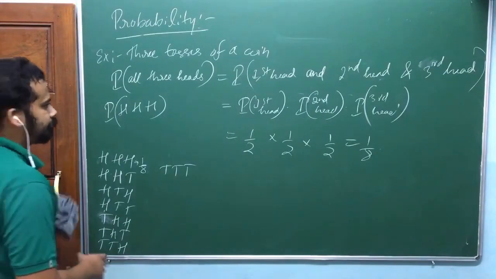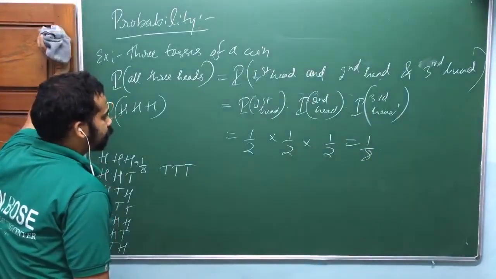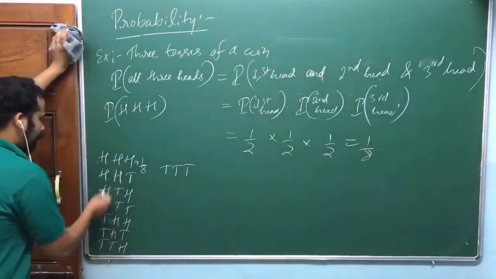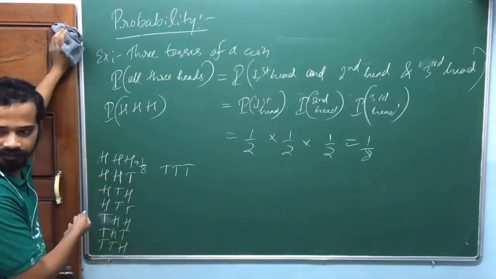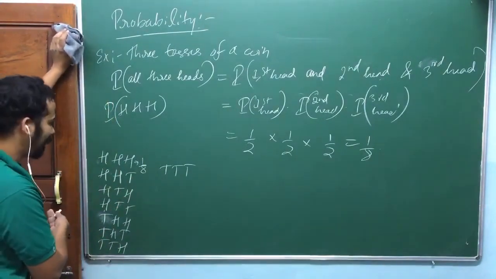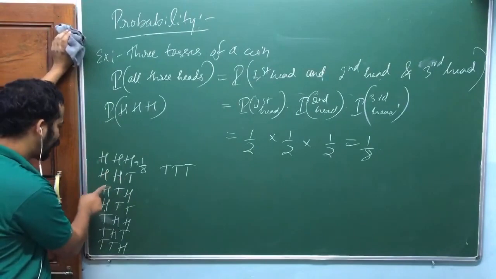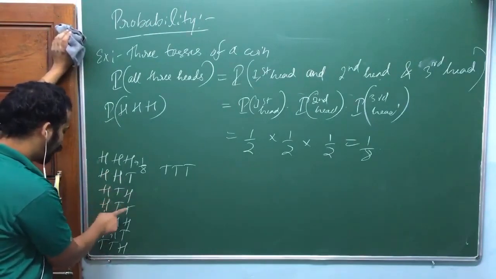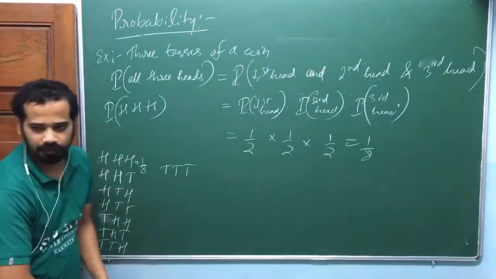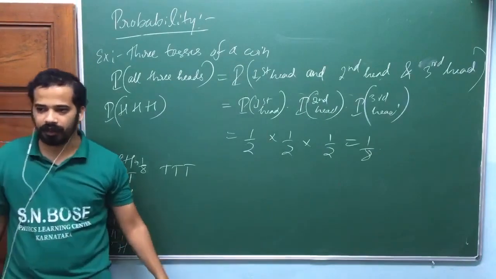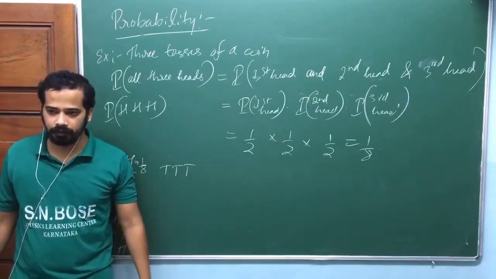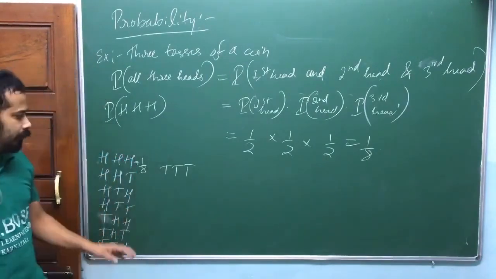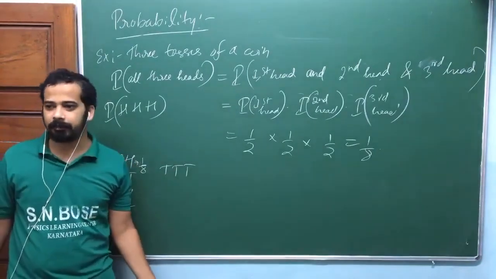Sir, we can remember that from digital electronics that you said today. This sample space. Yeah, that's what I remember. Okay. 0 0 0, 0 0 1, 0 1 0, 0 1 1 like that. Okay, whatever. Most of the case you don't have to write the sample space. Sometimes you may need to. But we always try to avoid drawing the sample space.